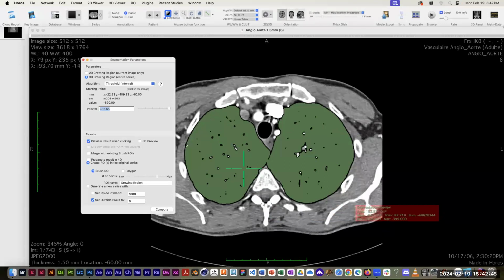All right. Now, down at the bottom, I want to just make sure that I've got everything set right. I want to click the compute button. And this is where the magic happens, hopefully. What it should do is now recognize all of the other areas on all of the other cross-sectional slices that have that same pixel value, that same black. So if I click compute,